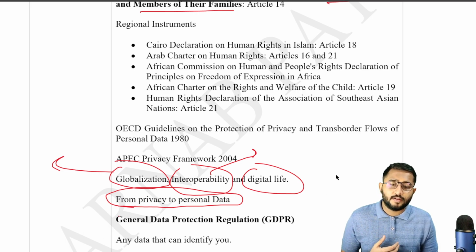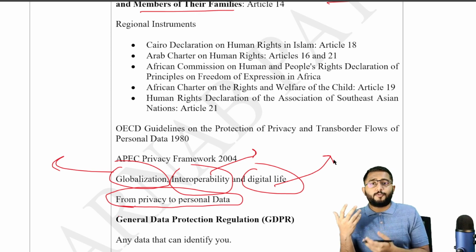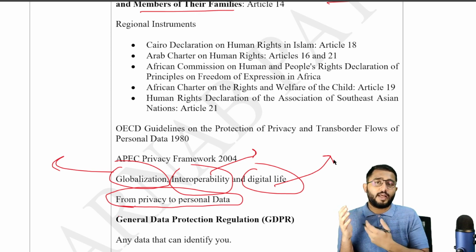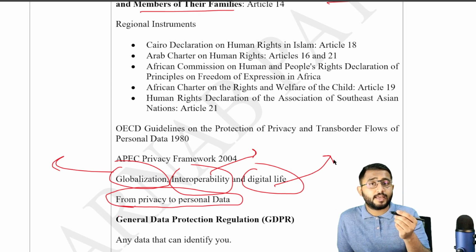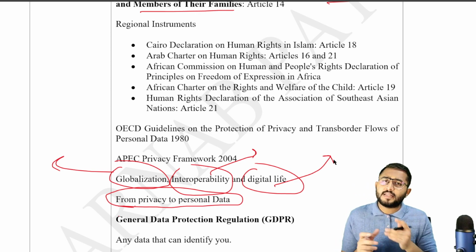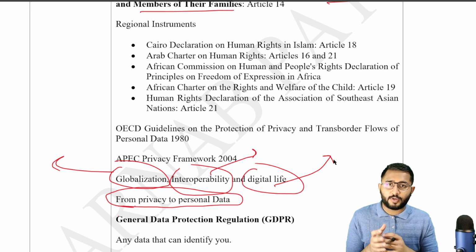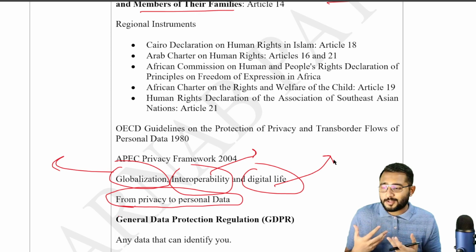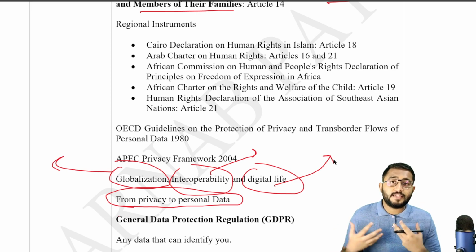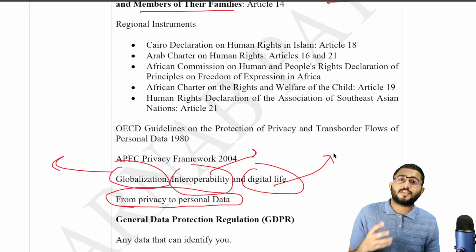And then again, we come to digital life, which again talks about how the phone has become a part of me. Phone has become a part of my personality. आप देखेंगे हर पर्सन का फोन, चाहे वो आईफोन हो, चाहे वो कोई एंड्रॉयड फोन हो, सबका फोन looks different. You won't find two phones when you open them looking the same. Why? Because you have personalized the phone. The phone has taken on your persona. And that persona is being transmitted all through all platforms, right?